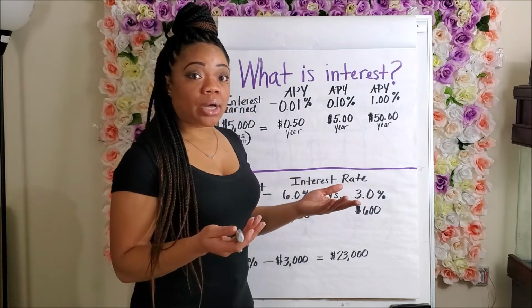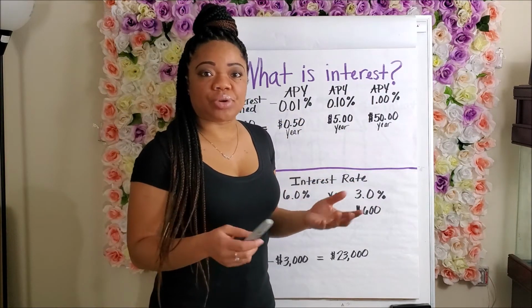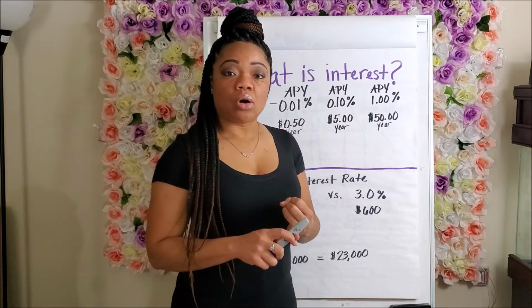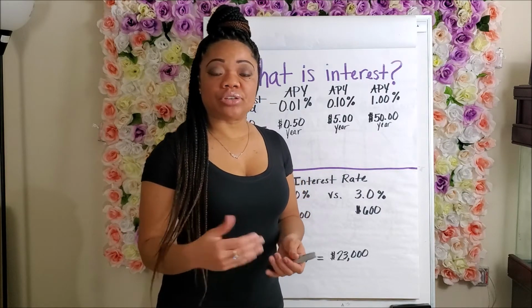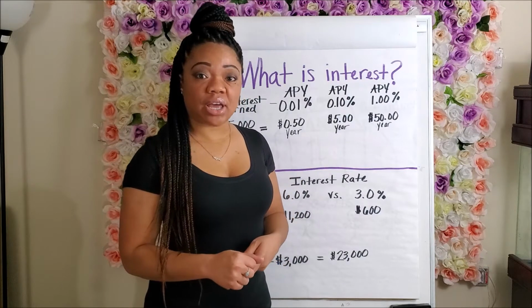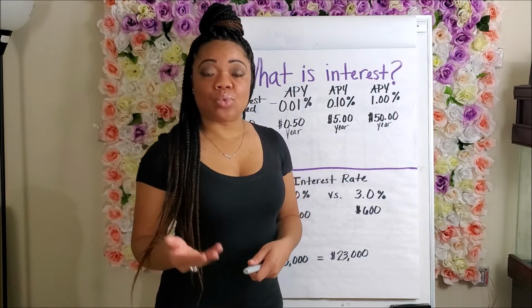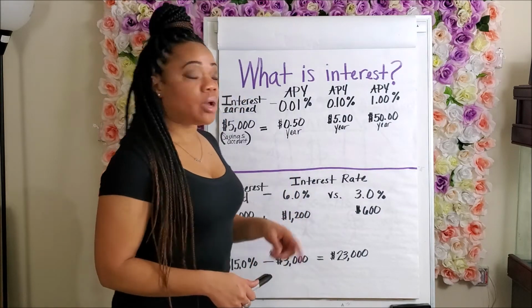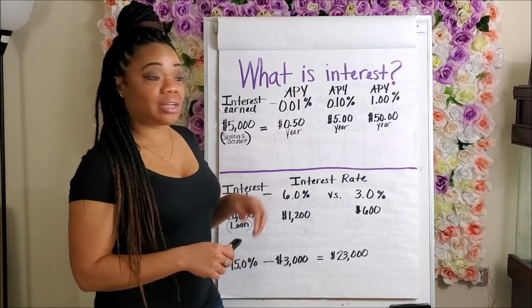Well, number one, how do you know what percentage rate you have? You go to your online banking account and look at the account details, or you can go to your statements that you receive at home and it should have it on there. If not, you can always call your institution to ask them, what is my interest rate on my savings account? But you should be able to find it out online. So let's just give a recap of what these things are.